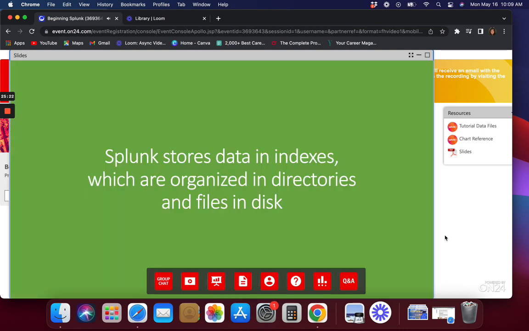Okay, and here's a popular question. Where does the data actually get stored in Splunk, right? I keep saying indexes,